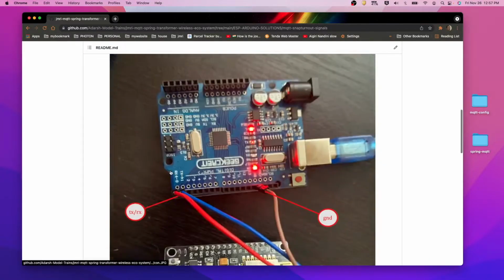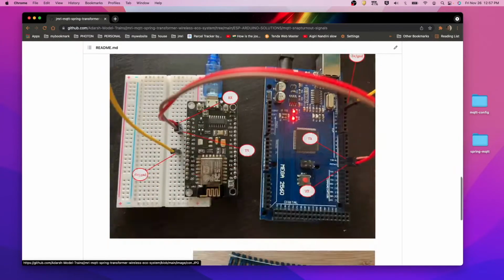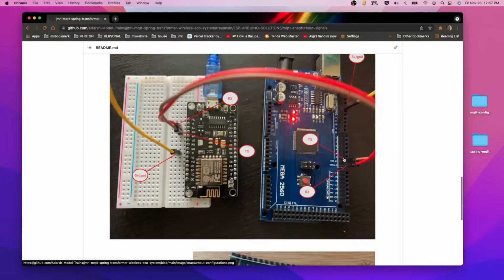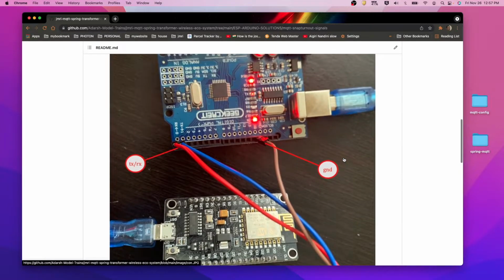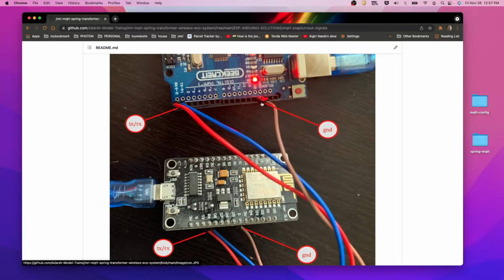how we have to connect Node MCU with Uno or Mega, and then how we have to connect the relay switch and PCA 9685 board, as well as the snap turnout. So let's start from the beginning. From Uno or Mega, we have to take the RX and TX pins to the Node MCU, and we have to set up the common ground.